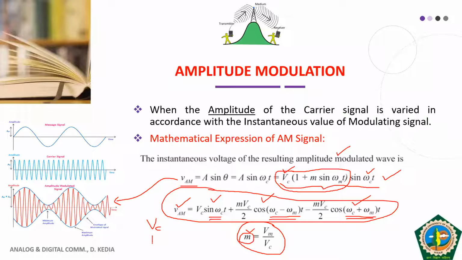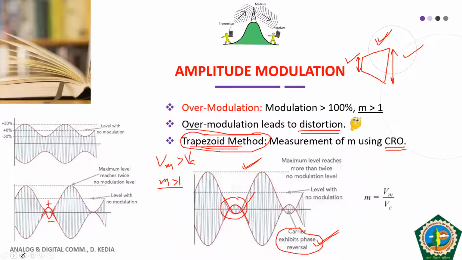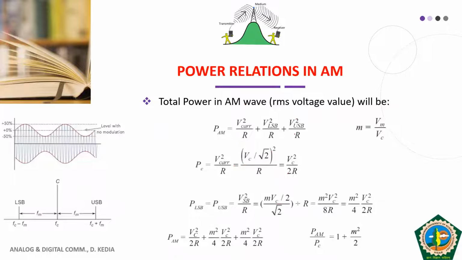Another is your lower sideband. Okay. And the third thing that we have observed here is the upper sideband, which I explained in the last class. Now if we want to obtain the total power of the AM signal,